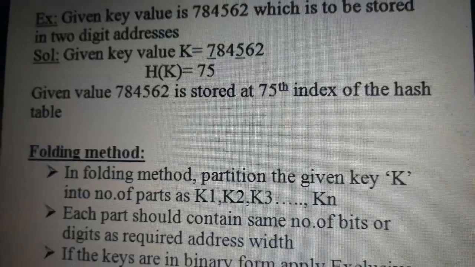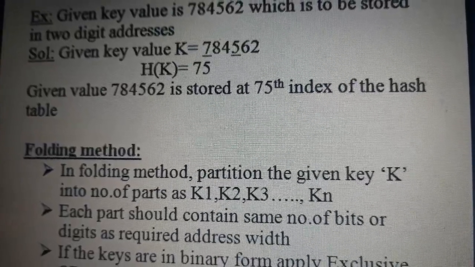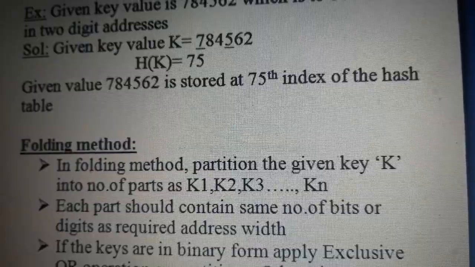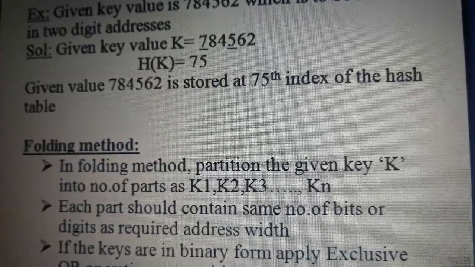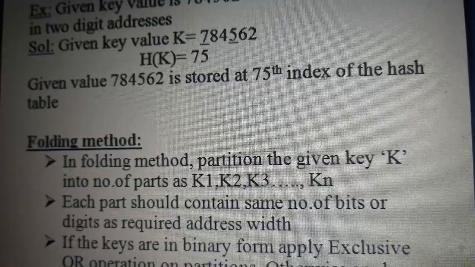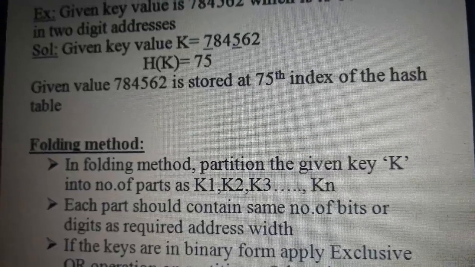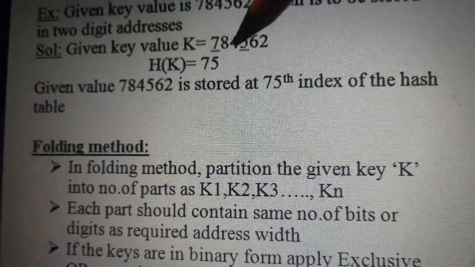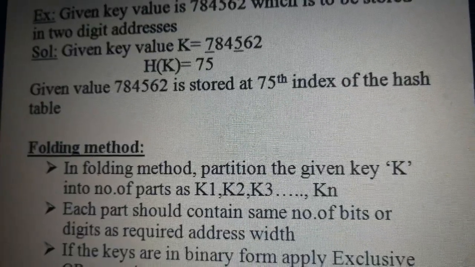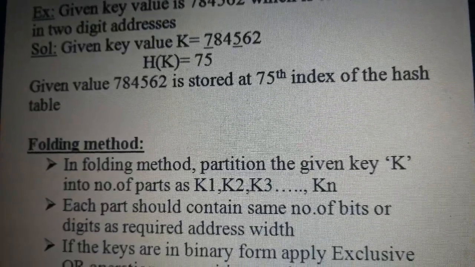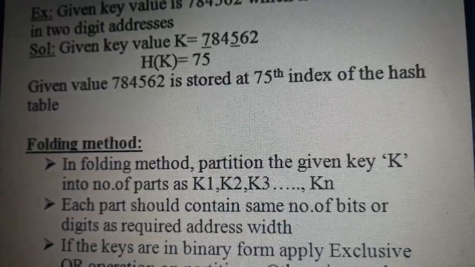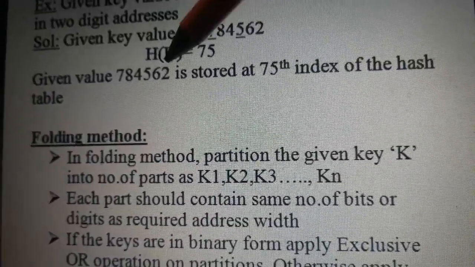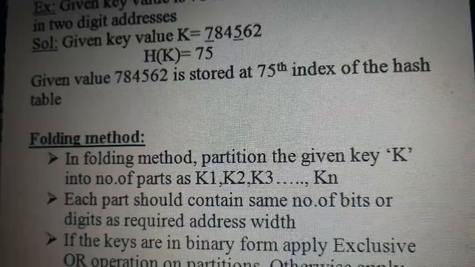Leave 5, then the last two digits 62 are another set, remove them. So we are obtaining 75. We ignore the set 84 and the set 62, and the remaining digits are 7 and 5. So the key, or index, for this value is 75, and the given value is stored at the 75th index.